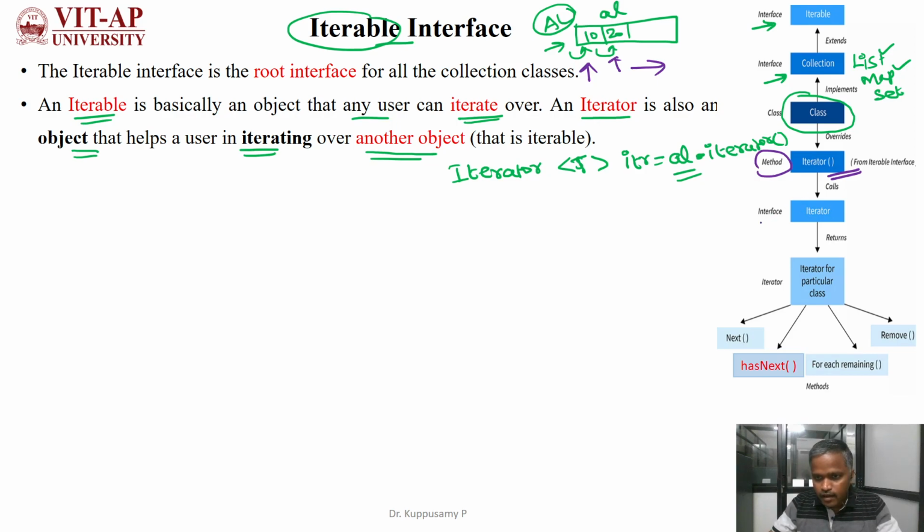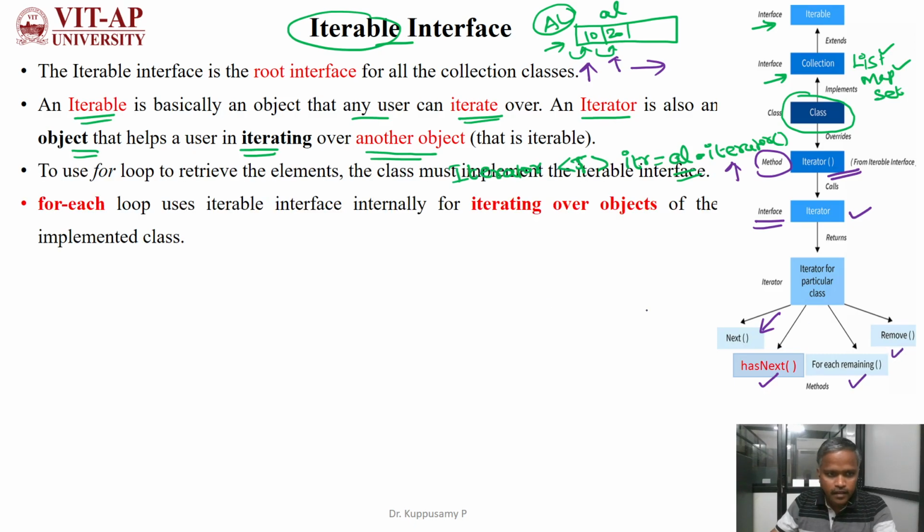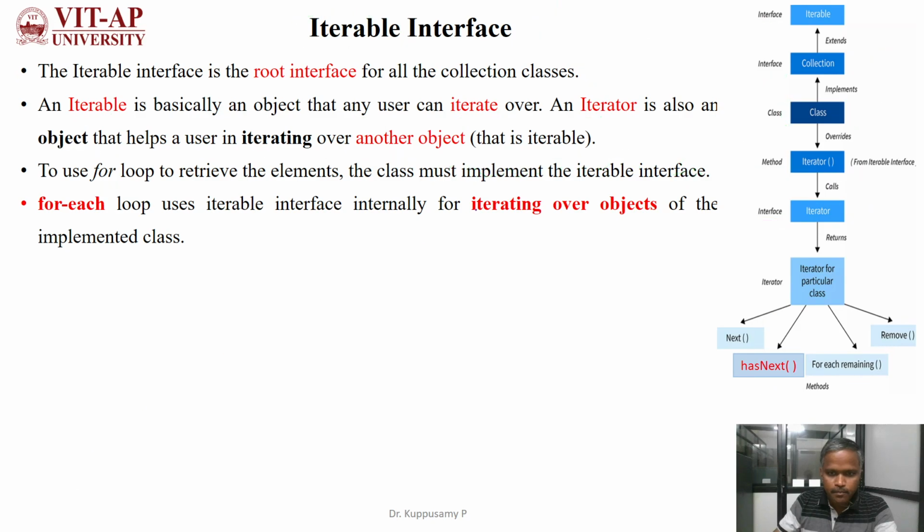So here the Iterator is another interface which we have discussed earlier. The iterator has accessibility by using methods such as next, hasNext, forEachRemaining and remove. To use this Iterable interface in a for loop to retrieve the elements, the class must implement the